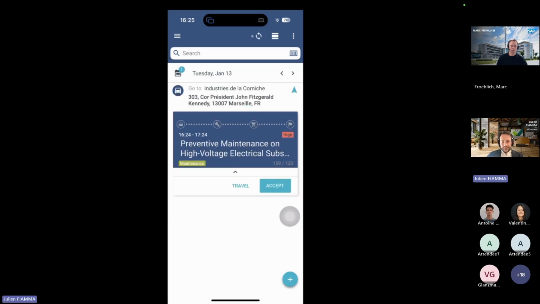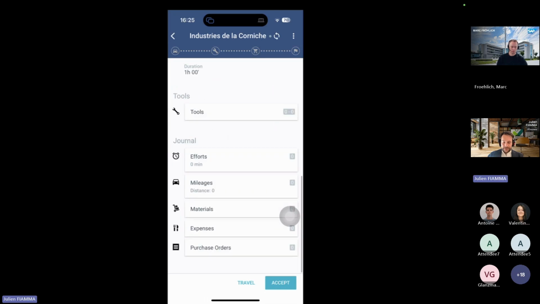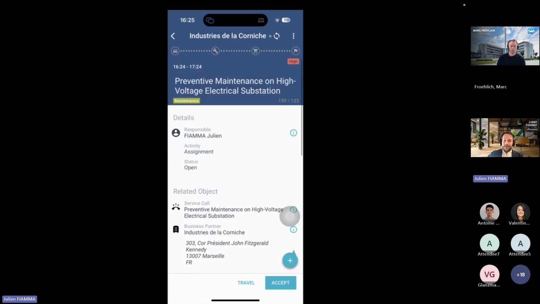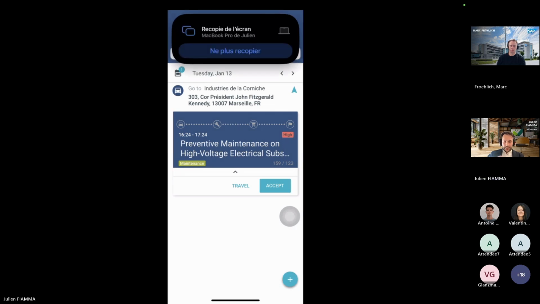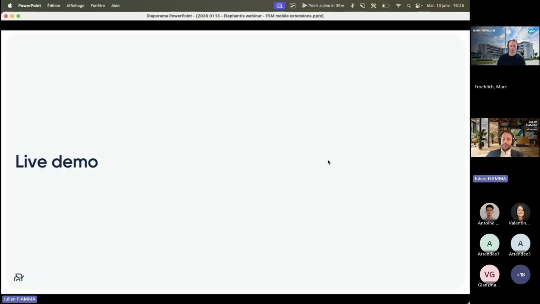You will see that the activity I've just assigned to myself is now in my schedule. So I can have a look. It's a normal activity. It's exactly as if a planner would have dispatched the activity to myself. So that was for the demo. I can see that we have 5 minutes left. So let me go